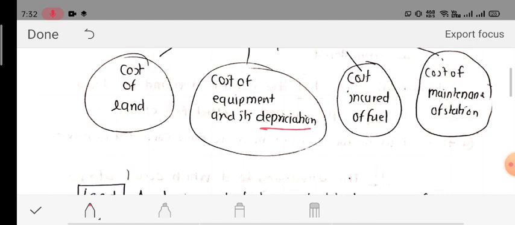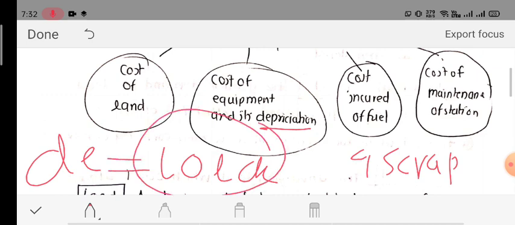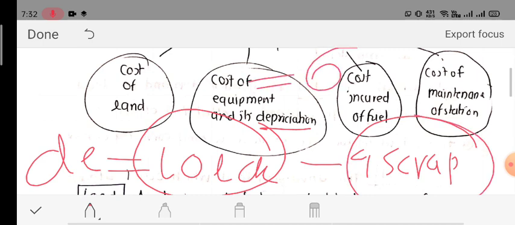So the 4 lakhs will be your scrap value, and the initial was your 10 lakhs, right? So depreciation cost is nothing but the initial value minus the scrap value, which will be near about 6 lakhs. So this is the depreciation cost